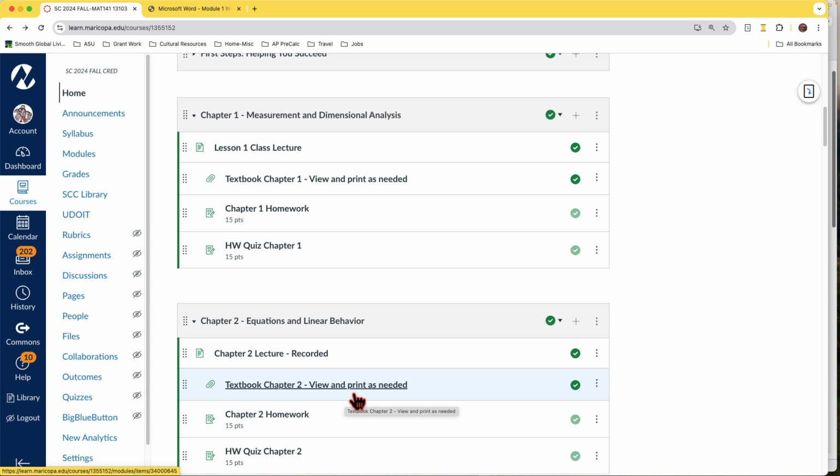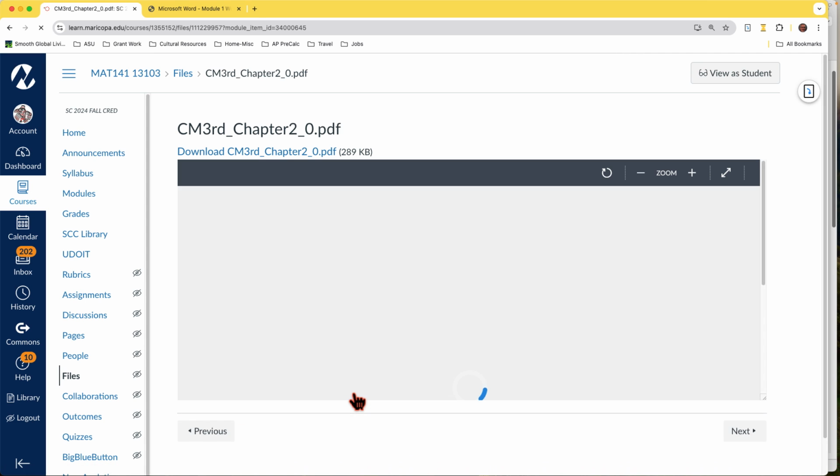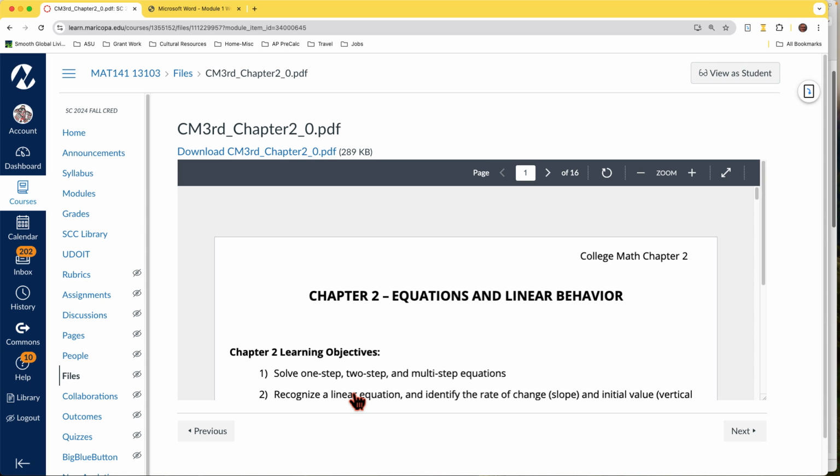Sometimes I have PowerPoint presentations. What I'm going to do with this lesson, since it's primarily solving equations and linear equations that you may be familiar with, maybe you've seen them a few years ago, is show you how, since part of what we're looking at is different ways of learning. So I'm going to go into the textbook itself. I just opened up the textbook